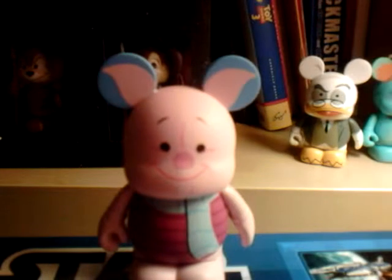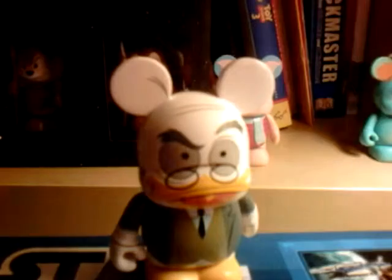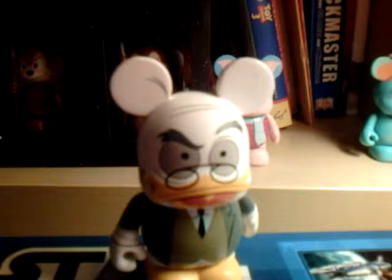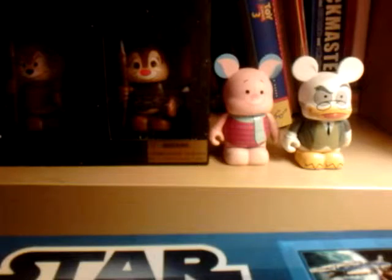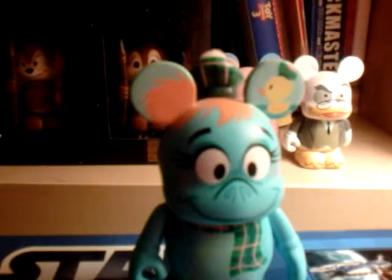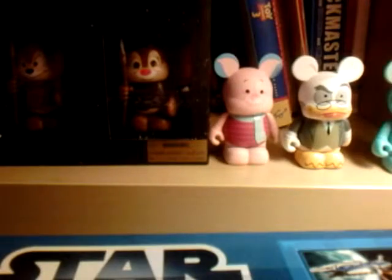Got Piglet from Animation Series 5. Professor Ludwig von Drake from Animation Series 3. This isn't, again, one of the better ones from the animations. And the Chaser, which is Nessie from the Ballad of Nessie, Animation Series 3. Got the little ducky. Again, the head does not come off. Now I'm gonna move on to